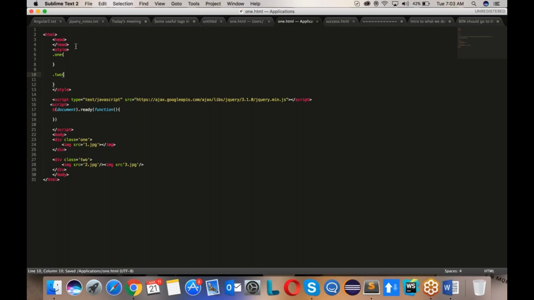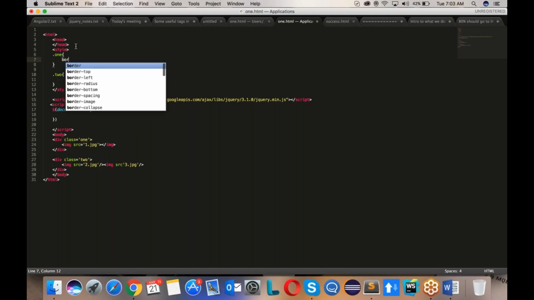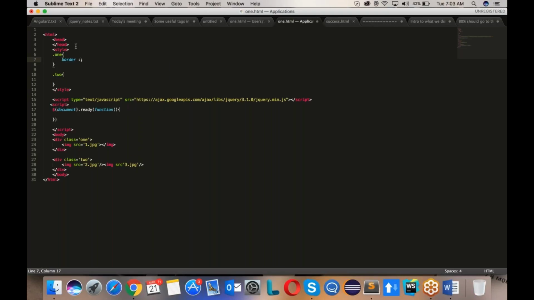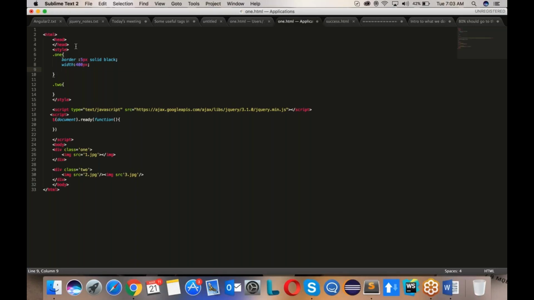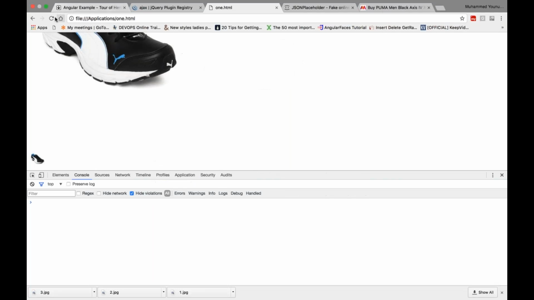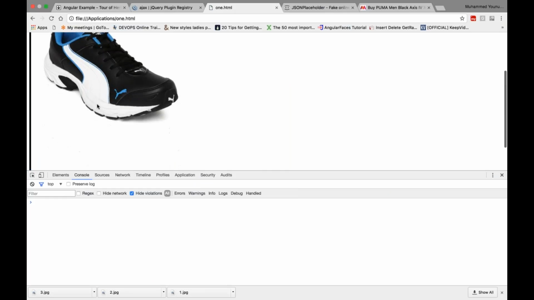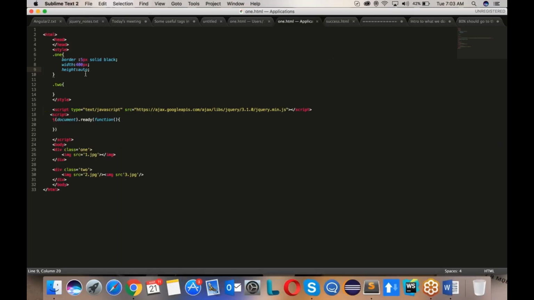So I'm just going to give a border, 5 pixel solid black, with this 400 pixel width. Height is auto. See how it is appearing. So for height, let me make it as